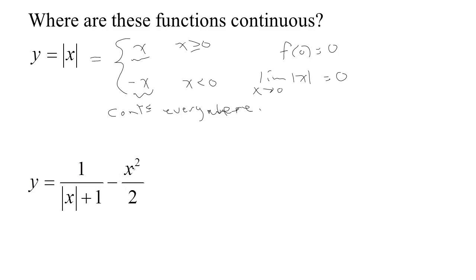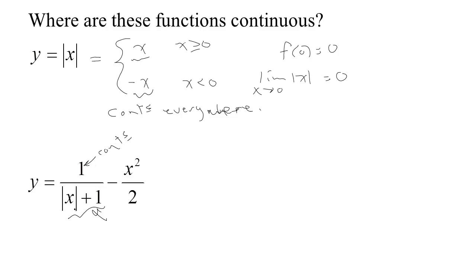This is built out of some things. Well, x is continuous, so x squared is x times x. That's the product of two continuous functions. That has to be continuous. This is times a constant 1/2, so that has to be continuous. And then this function, the top is continuous,